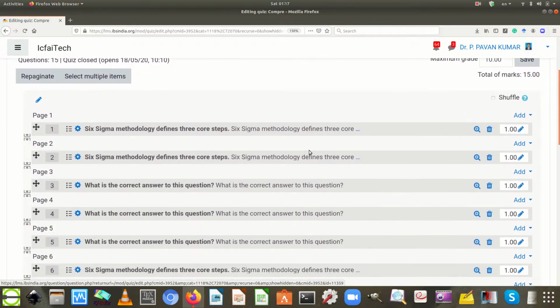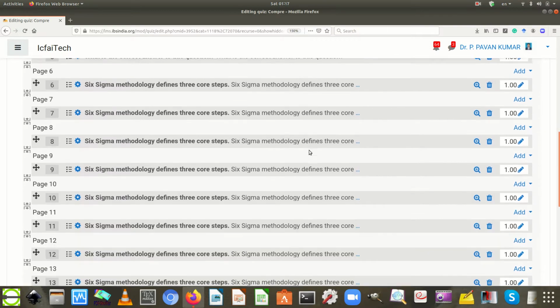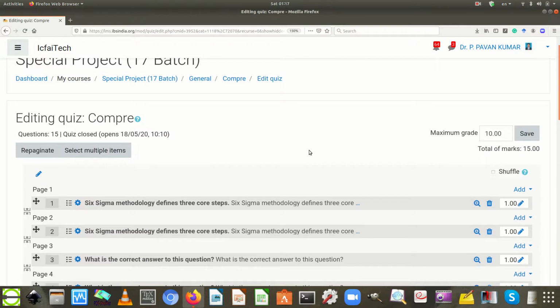Once all the 15 questions are added into the component called Compre, then go to the maximum grade tab, make the maximum grade marks as 15, save it,